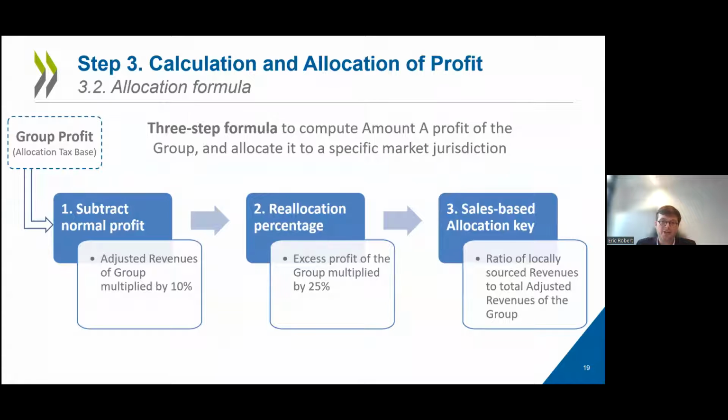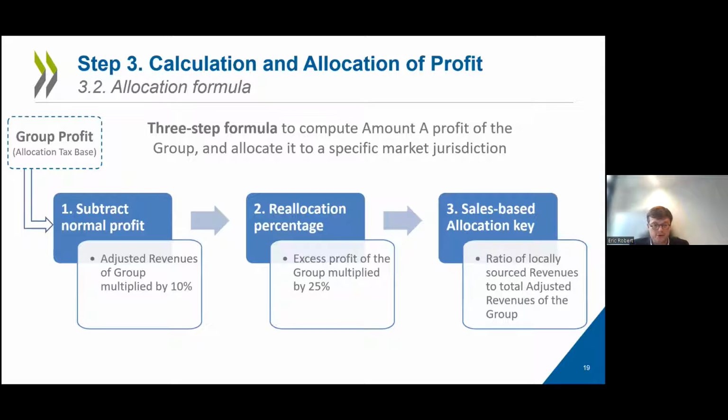to different market jurisdictions. So you need to get to the third component here on the right side of the screen, which is the allocation key, which obviously is based on local sales, meaning revenue as sourced under the rules described by Jesse earlier. And the result is that the portion of the total amount A profit that a market will get will be similar to its ratio of locally sourced revenue to total revenue of the group. And obviously, this is only relevant for jurisdictions that have satisfied the nexus threshold that was mentioned by Jesse earlier